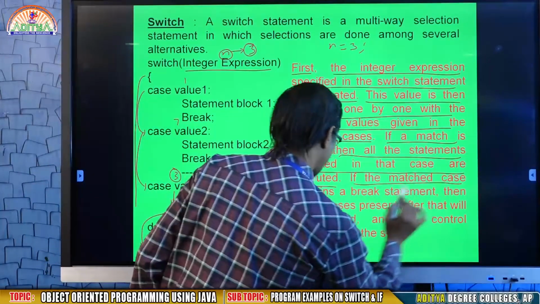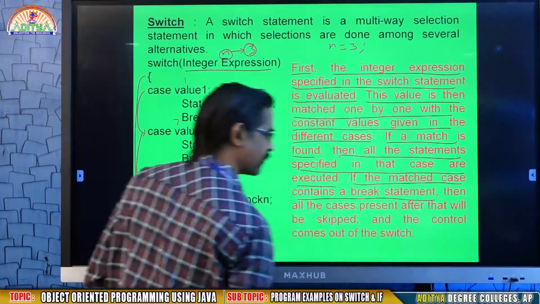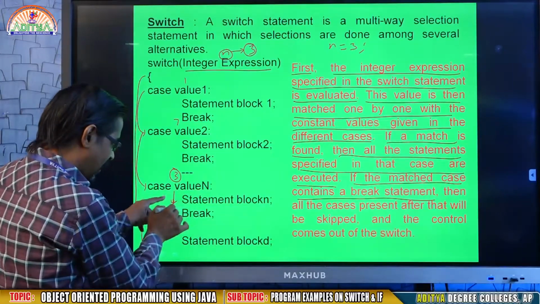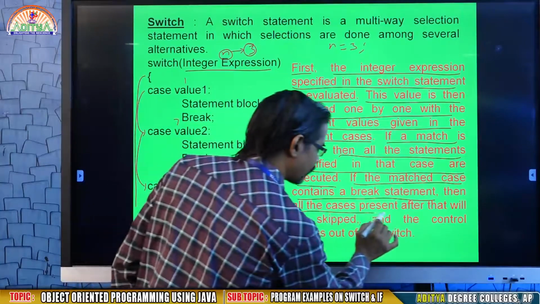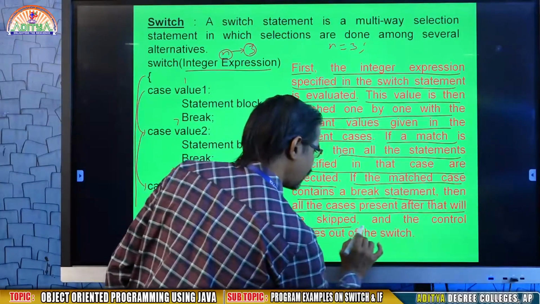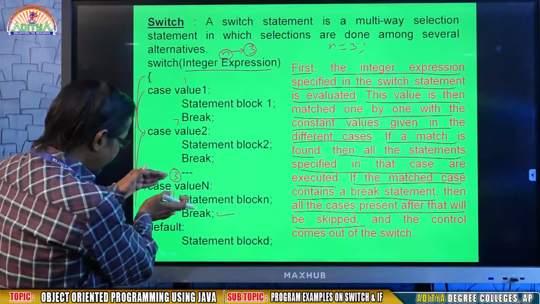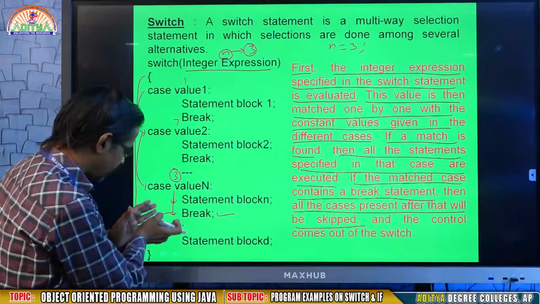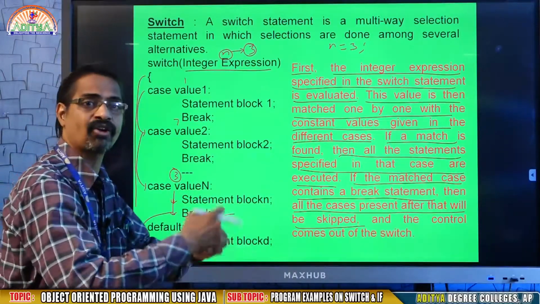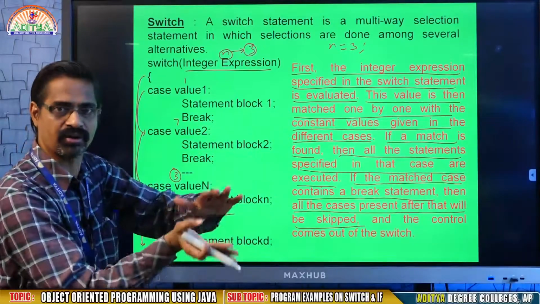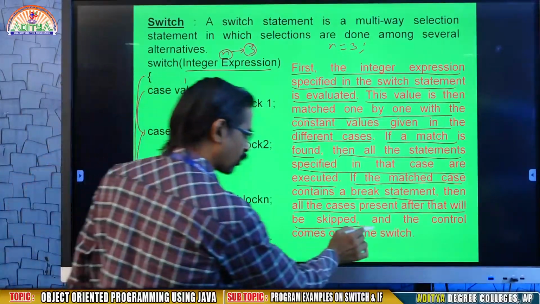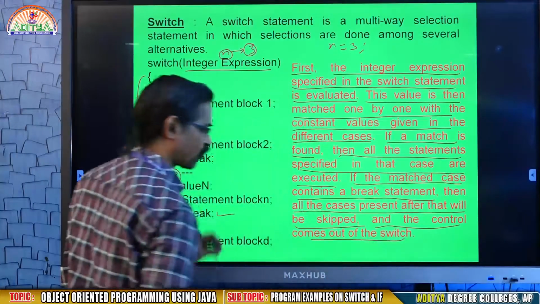If the matched case contains a break statement, as you may find inside the case, then all the cases present after that will be skipped. Of course, after this case there are many cases, and default is also there, but you forget everything and jump outside of this switch block, and the control comes out of the switch.